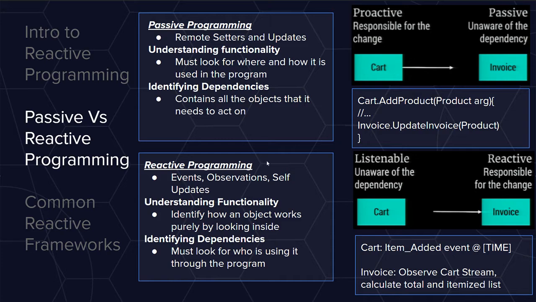Reactive programming, on the other hand, is dependent on events, observations, and self-updates. So these are the streams that we were talking about before. These streams create points in time of data. And if we want to know how an object works in reactive programming, we have to look just inside the actual object itself. It will already know what events it deals with and how it works. We don't need to go elsewhere. It's pretty much the opposite of passive programming, which is obviously intuitive given that it's reactive versus passive. If you want to identify its dependencies, that's when you have to go and look elsewhere in the program,